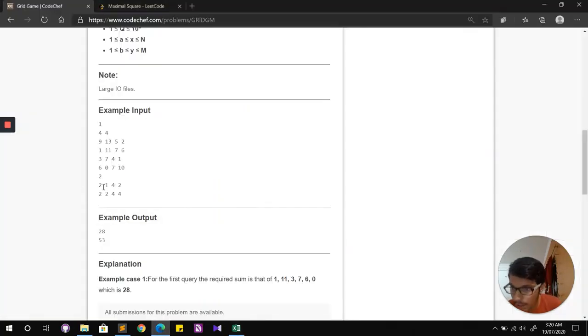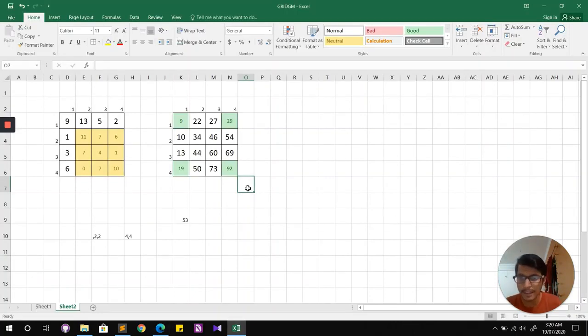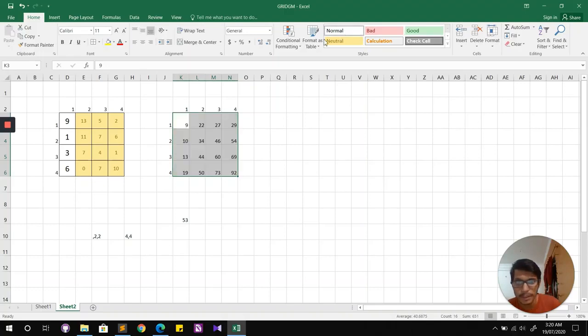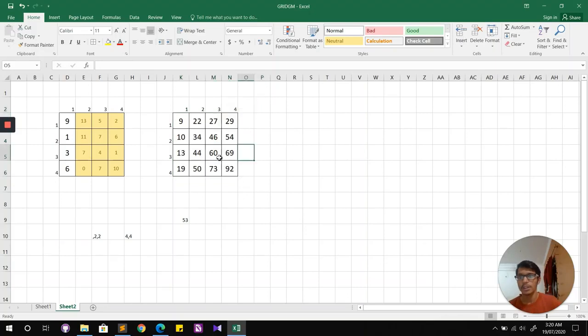And coming back to the first query, what if the rectangle involves something like this? Sorry, something like this. Okay, so what if I have to find? Let me change back this to normal. Okay, so what if I have to find the answer for this? So I'll use 92, good thing, but then there's no cell above this, right? So what will I be subtracting?